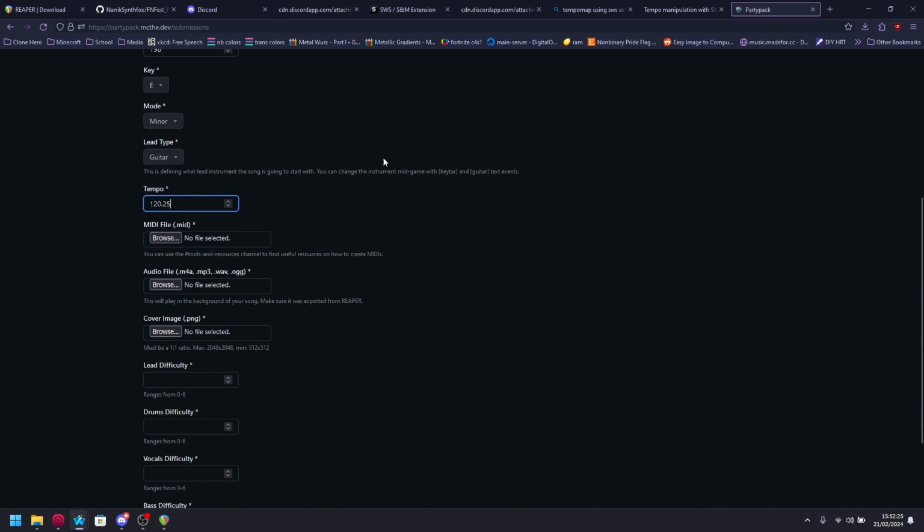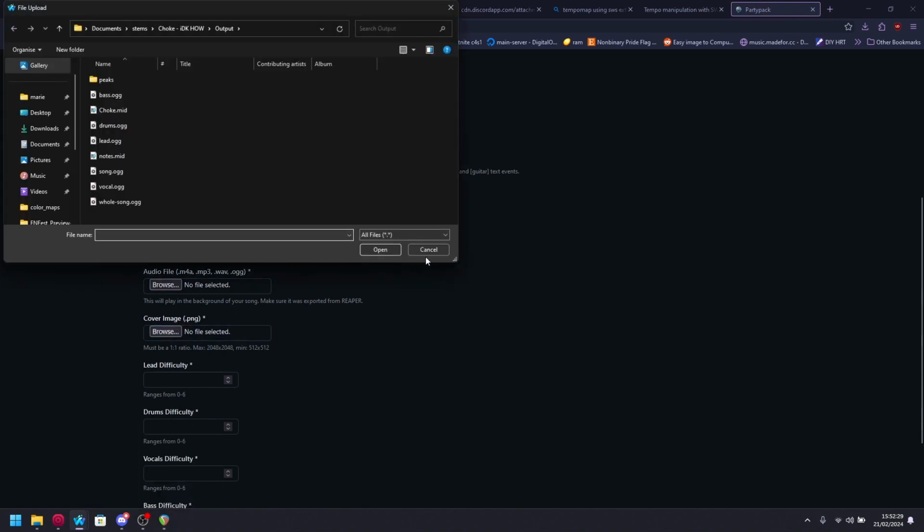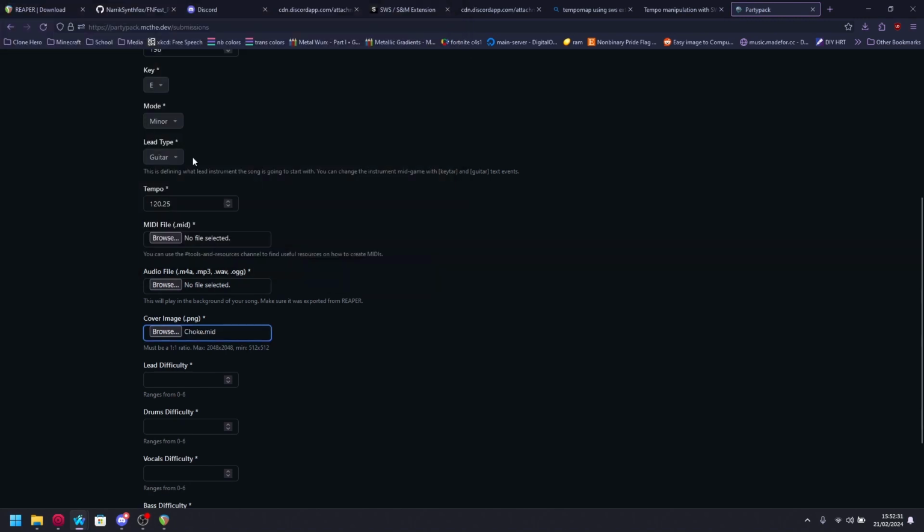So now once you got that, come back to Partypacker. You can put your cover PNG in, and then it should be loaded, right? I put the wrong file in because I don't expect to publish this because I already have it published. Not published, but saved as a draft. So what you're going to do is you're going to see MIDI file here. Go back to Reaper,